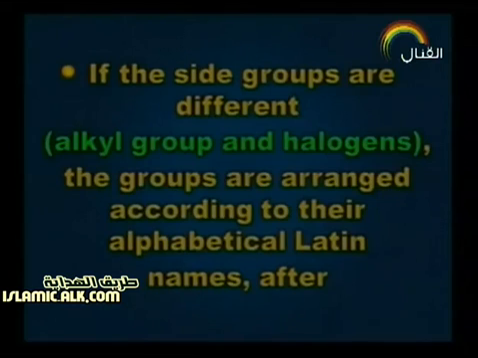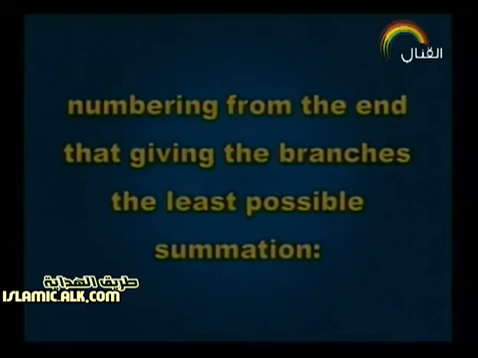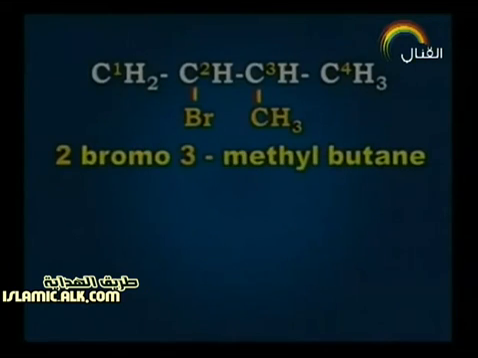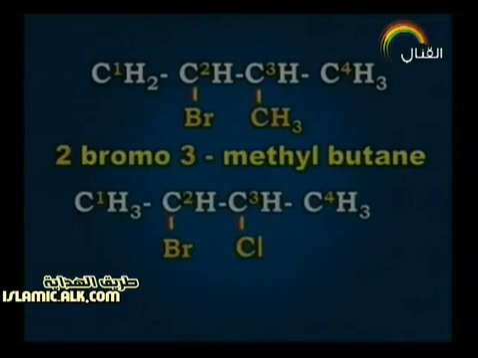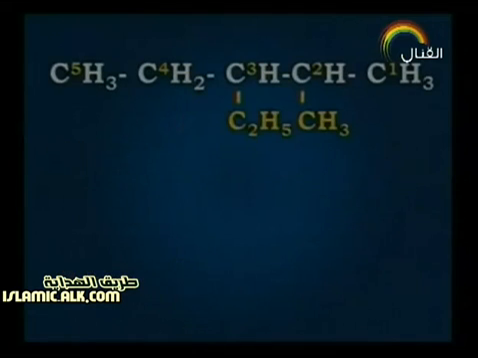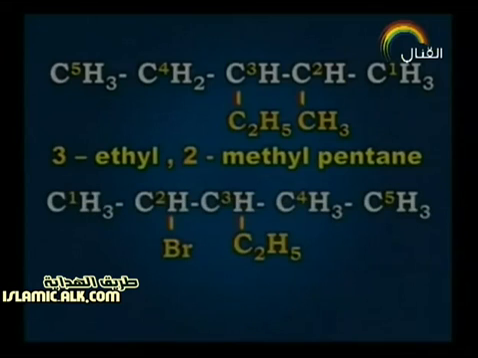If the side groups are different, alkyl groups and halogens for example, the groups are arranged according to their alphabetical order, after numbering from the end that gives the branches the least possible summation. In the following examples, here it will be 2-bromo-3-methylbutane, and another example here, 2-bromo-3-chlorobutane. And another example here, it will be 3-ethyl-2-methylpentane, and here it will be